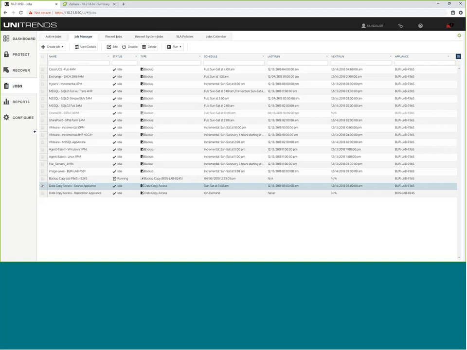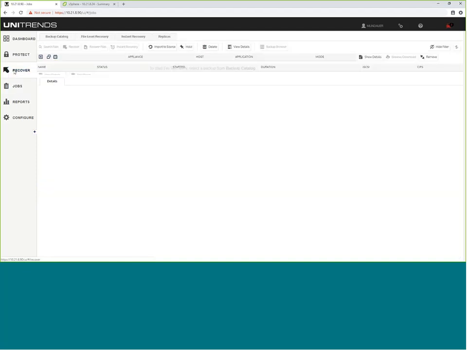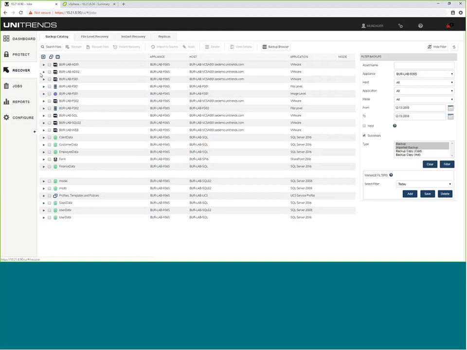Now, beyond the backup schedules and testing itself, like I mentioned, the backups are really only as good as your ability to recover. And Unitrends makes it really easy to both manage what you've protected as well as recover files, full servers, virtual machines, bare metal recoveries, and even specific applications. So you can see here on the right, we have the ability to filter by name, by date, by type. Even if the data is hosted in the cloud, you can filter by backup copy and quickly access that data as if it was hosted locally, right? So there's no secondary cloud interface that you need to sign into. It's all managed through this single pane of glass, single UI.